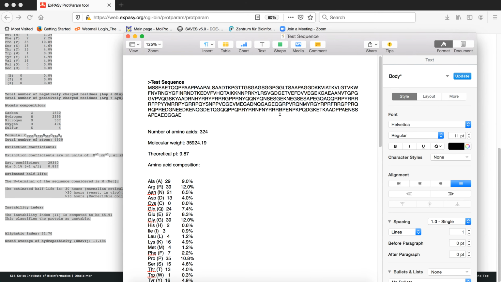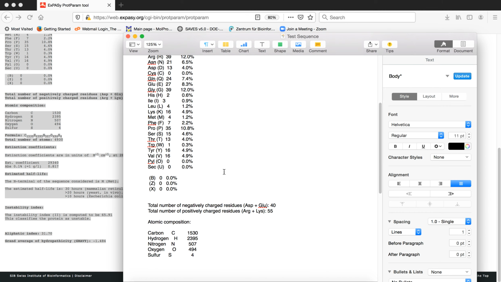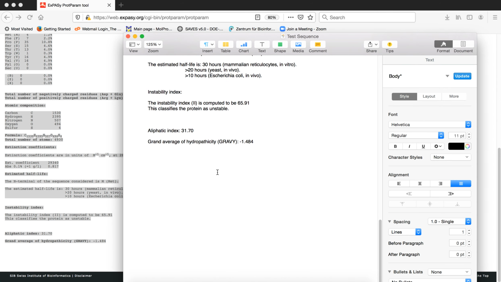So there your text file is saved, and you can then use the numerical values for generating graphs by copying and pasting them in Excel and coming up with an estimate. So this is all we needed to know about what ProtParam does and how we can generate data using the ProtParam tool.